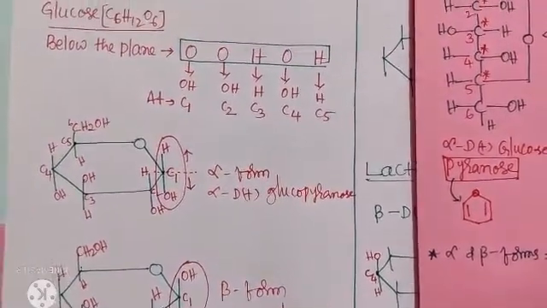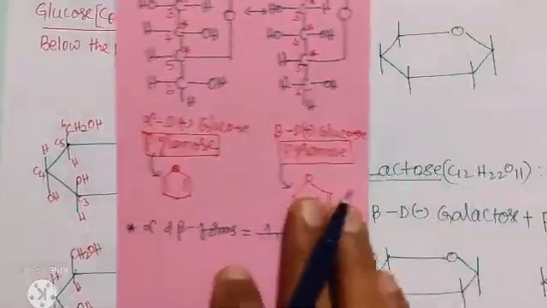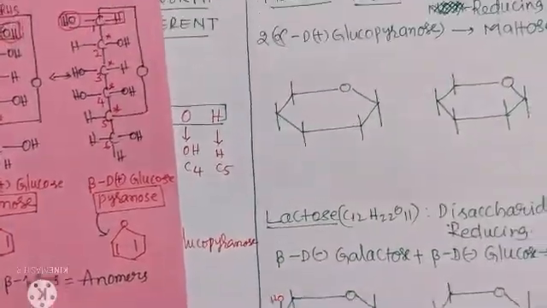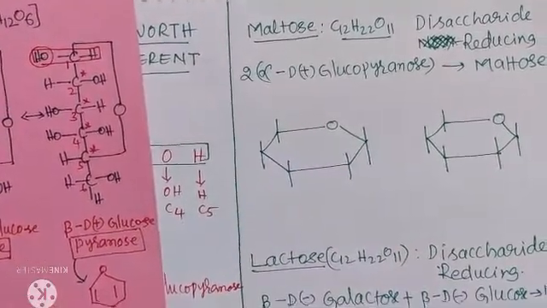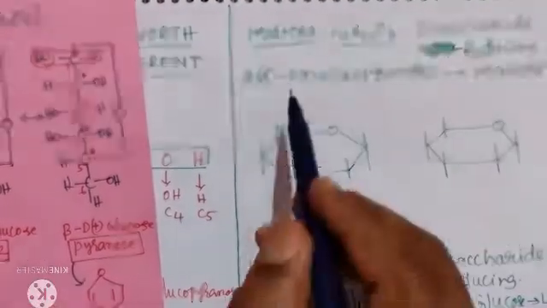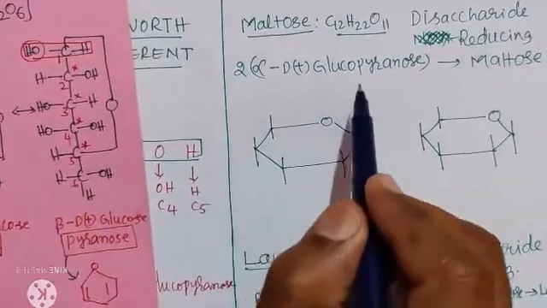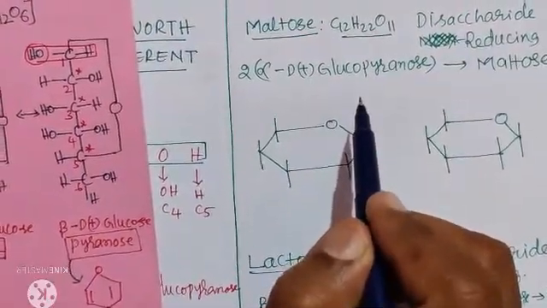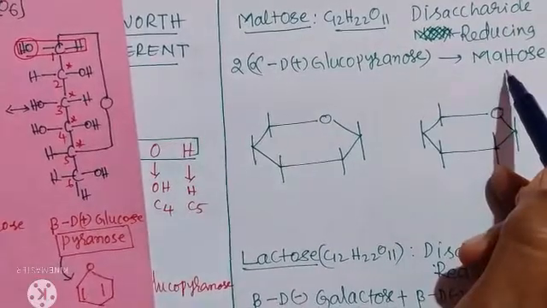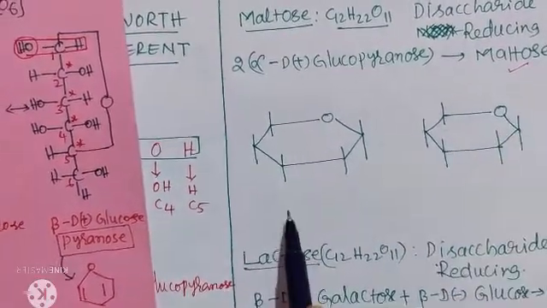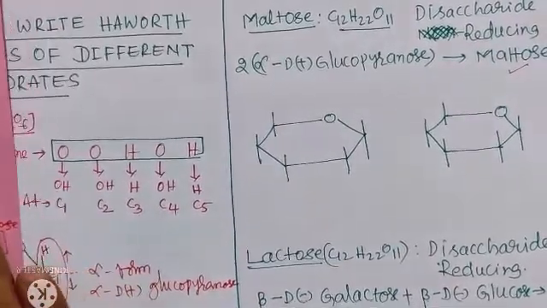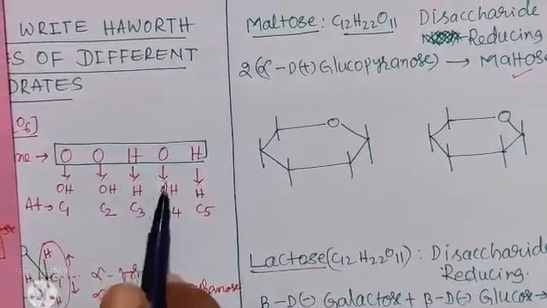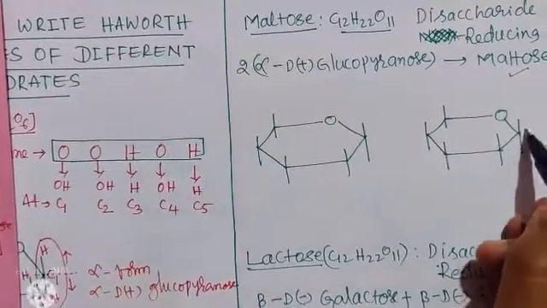Okay students, next, the same related compound, maltose. Here maltose is a disaccharide reducing sugar. Here 2 moles of alpha D plus glucopyranose condense to give the corresponding disaccharide, that is maltose. Two same groups are there, apply the same formula, OOHOH. So here I'll write, this is C1